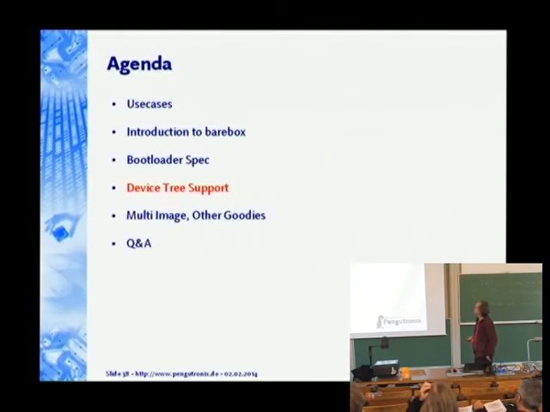Alright. The second thing which came in last year to barebox is support for the open firmware device tree. The open firmware device tree is, at least in my opinion, thought differently if you had asked me some years ago, but in the meantime, I think it's a very nice tool or method to just describe hardware, to declare what you have in your embedded system, everything which is not auto-discoverable, like having certain chips on certain addresses on your address and data bus and these things. And all that is done quite nicely in a declarative way in the open firmware device tree.